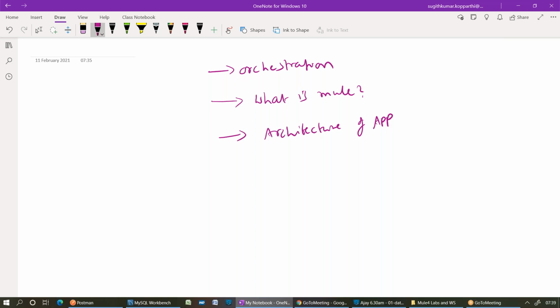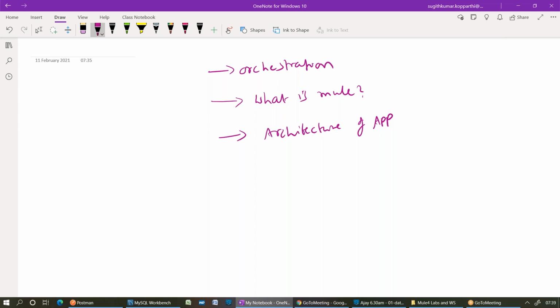Suppose while you are designing the RAML file, you want to take feedback from a client. How will you share that API with your external client? By using the public portal. From where can you share it to the public portal? From Exchange.